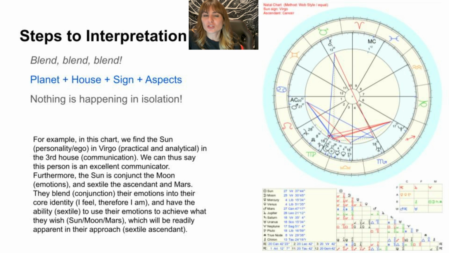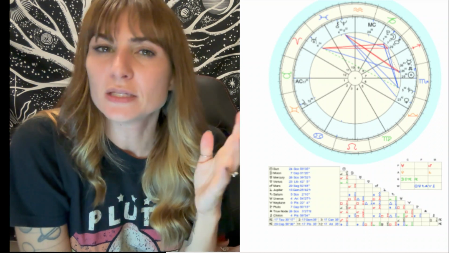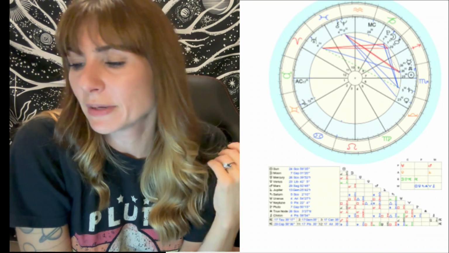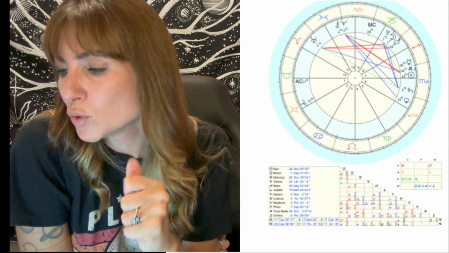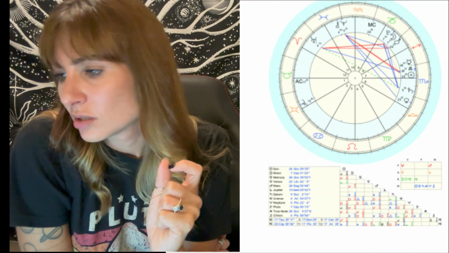Stelliums are so complicated to interpret that I'm not going to go into a full delineation on this one, but just for the sake of understanding, that's what's going to happen. And let's take, do they have an unaspected Jupiter too? Okay, so let's choose a chart that is a little easier to interpret than one with a giant stellium in it. So let's take a look at this chart here where we have the moon in the 8th house in